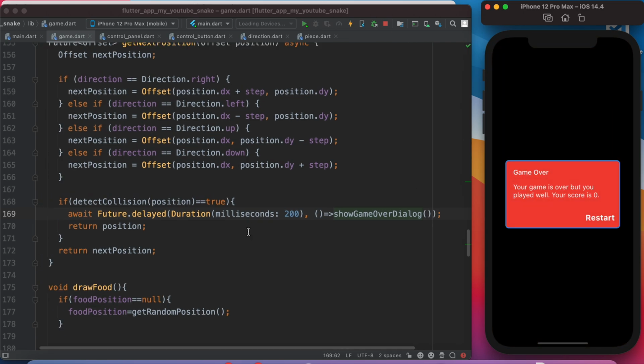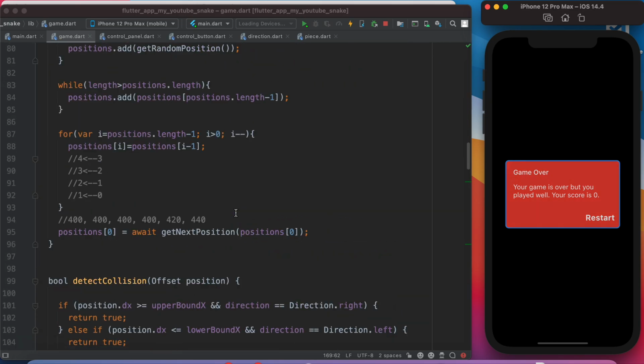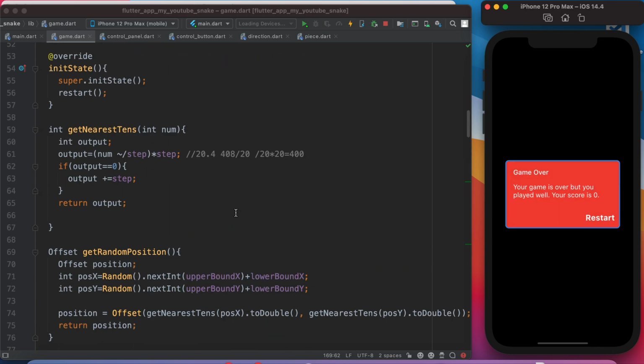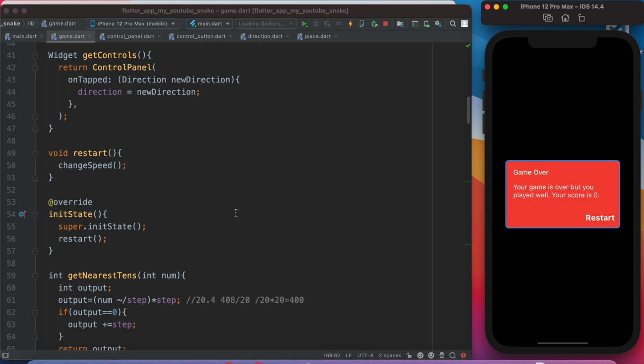Okay, looks like we have some problem. The problem might be somewhere here. Where is our return restart function? Let's go ahead and find it. So restart is this one. Okay,